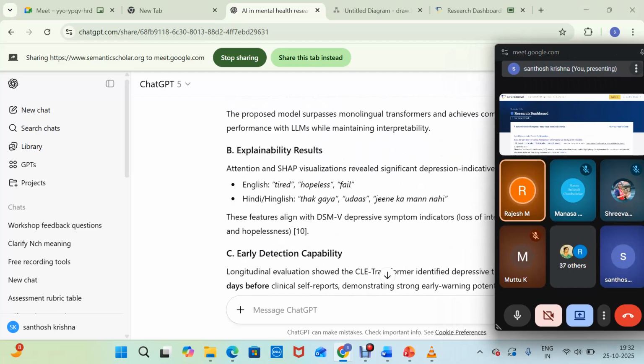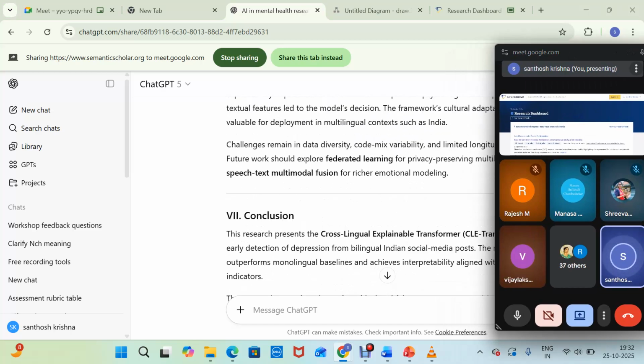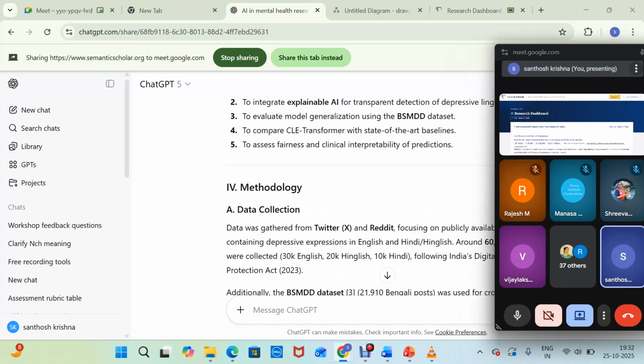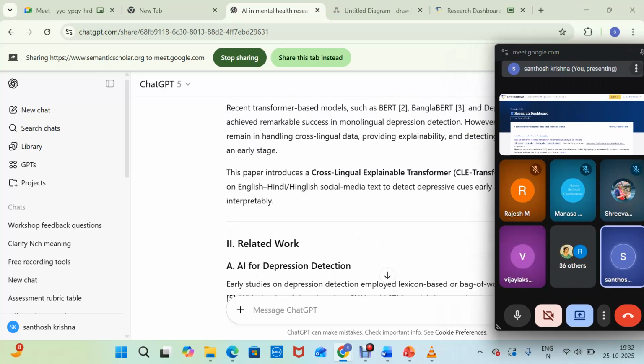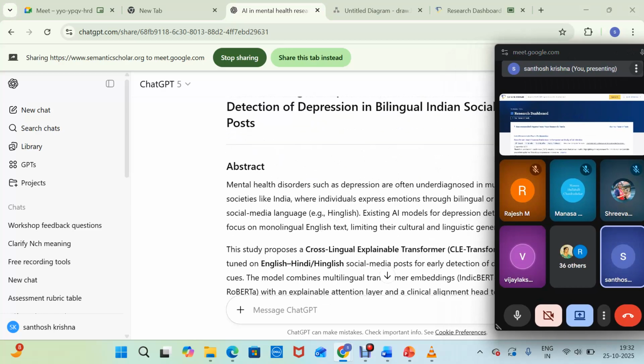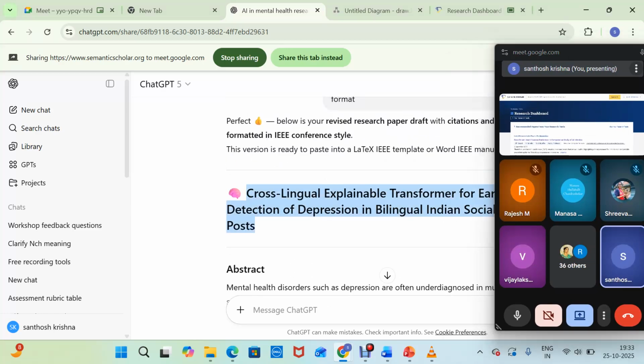I'm just copying the title we gave yesterday for our research paper. We shortlisted this title, and the same title I'm taking today.